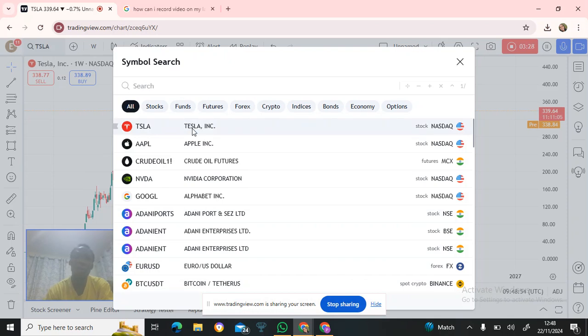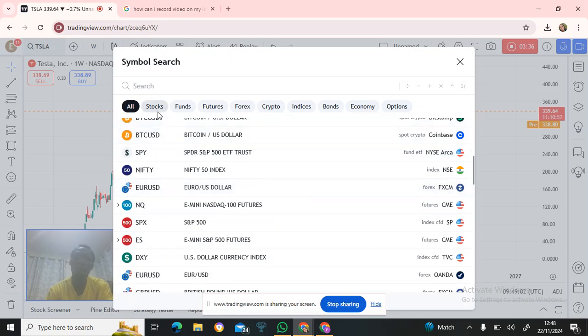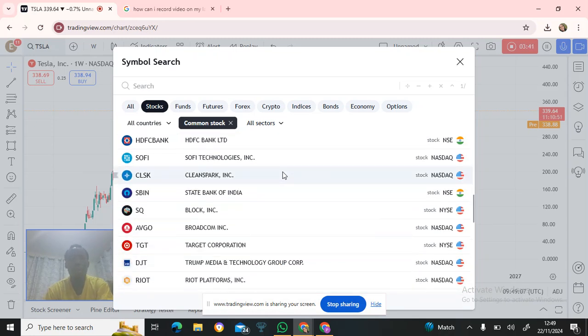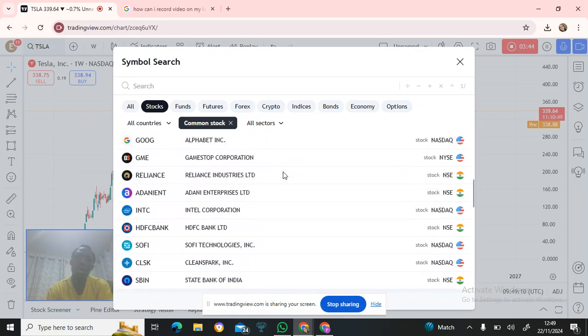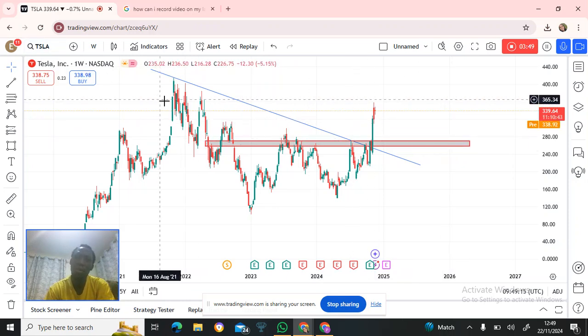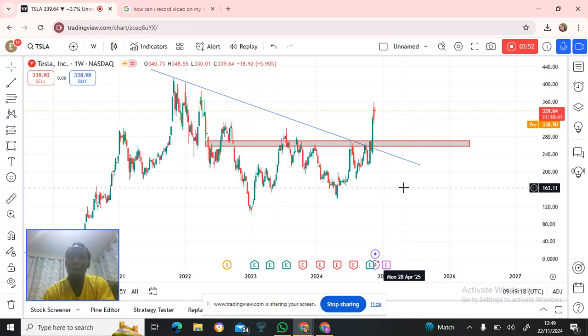If you look at the stock market where we have the Tesla, we have the Apple, we have the crude oil, Google, those big companies, all of them are in the stock market. You understand? You can see ziko hapa zote. All of them are in the stock market. So basically, what these companies do, for instance, now I am on a Tesla stock. As a trader, I want to invest in the Tesla industry. How will I invest in the Tesla industry? The only way I can invest in the Tesla industry is to buy shares.